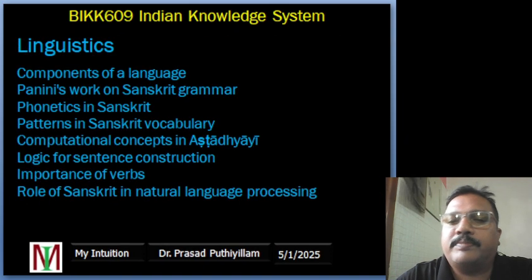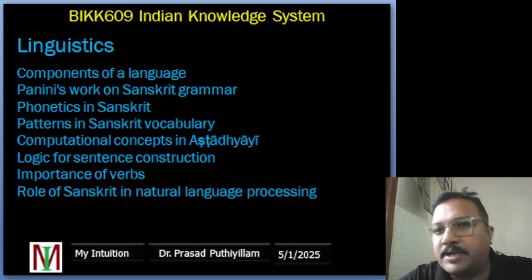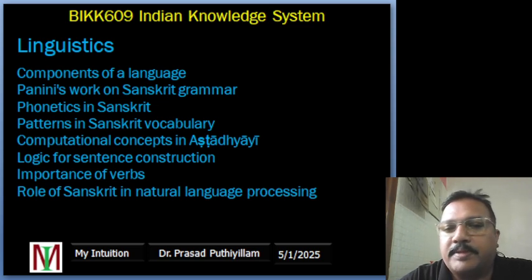Okay, now the first point, that is linguistics. In this I am covering the components of a language, Panini's work on Sanskrit grammar, phonetics in Sanskrit, patterns in Sanskrit vocabulary, computational concepts in Ashtadhyayi, and logic for sentence construction, importance of verbs, role of Sanskrit in natural language processing. Whatever is given in the textbook, I have condensed it. Okay, so the first point, that is